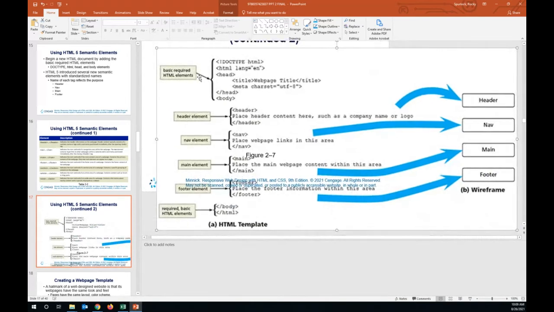All right, so we have our basic required HTML elements. This is stuff that's got to be in every HTML document. Okay, so you need a head and a body. The head has information to be read by the browser. Body is generally what is going to be used by the user, to be viewed by them. All right, so the header element, navigation, main,